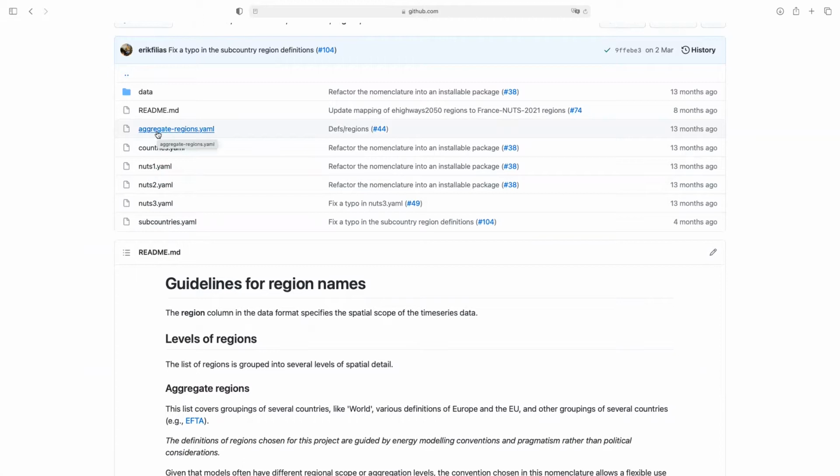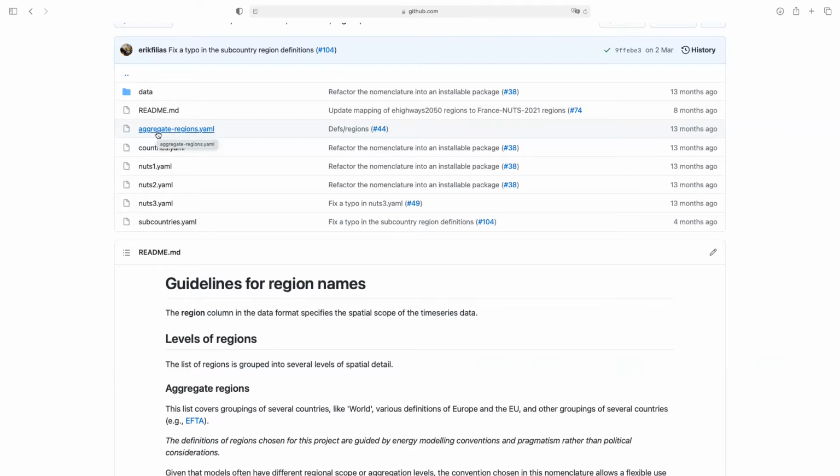So what you should do when you want to prepare your data for upload to the ECEMF Scenario Explorer hosted by IIASA is that you look what are the regional aggregation, the regional resolution that you have in your model, and identify the correct values from the openENTRANCE nomenclature, then prepare an Excel table like the one that I've just shown you. What you then do is you upload that to the IIASA ECEMF Scenario Explorer,